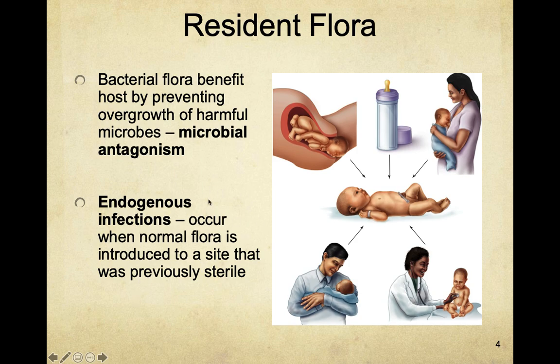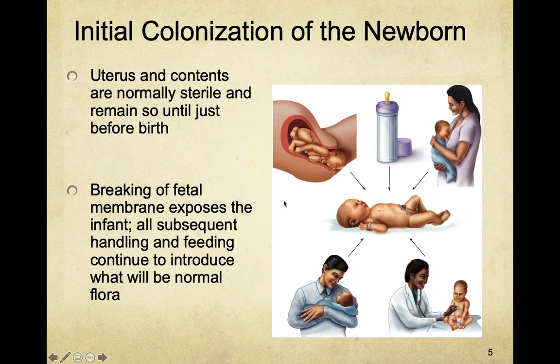So when normal flora goes to a place or is introduced to a place where it's not supposed to be, where it wasn't previously, especially if that site was sterile, things like tissues and things like that, that particular organism can cause significant problems because there's nothing supposed to be there. It is a sterile site, and that organism can cause problems. One of the ways that